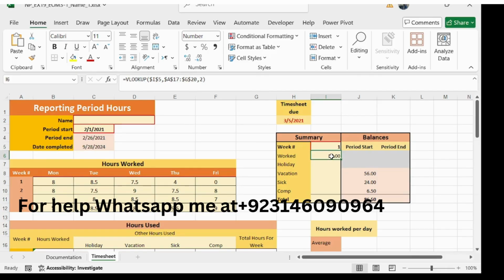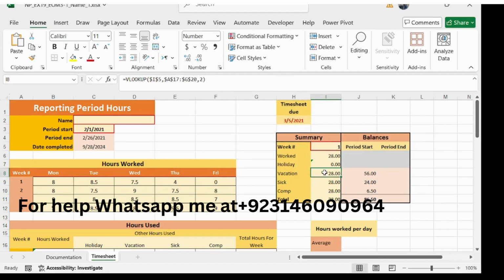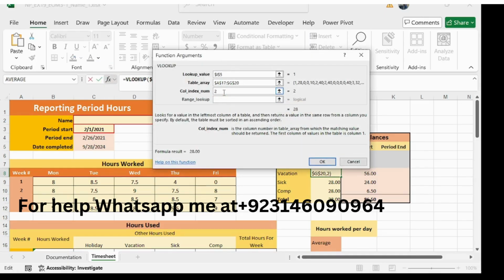Now our step number 7 is copy the formula from cell I6 to I11 like this. And then edit the formula. So now we need to edit the formula in cell I7. This is cell I7, go to function arguments and change this 2 to 3 and then click OK. And now in cell I8, edit the formula, change 2 to 4 here